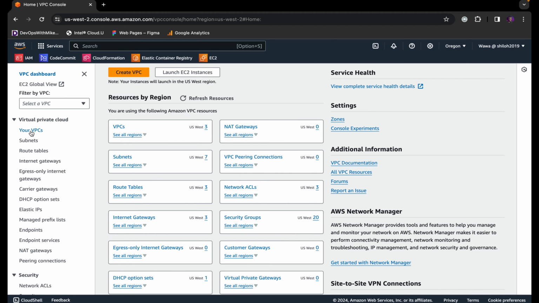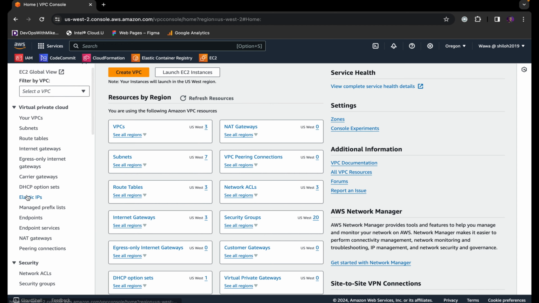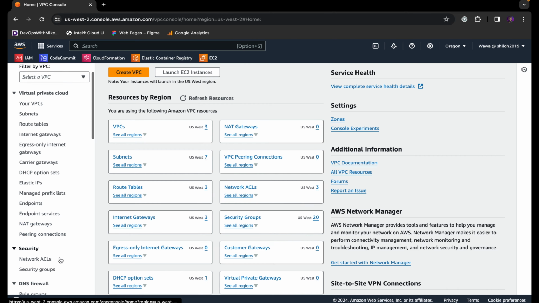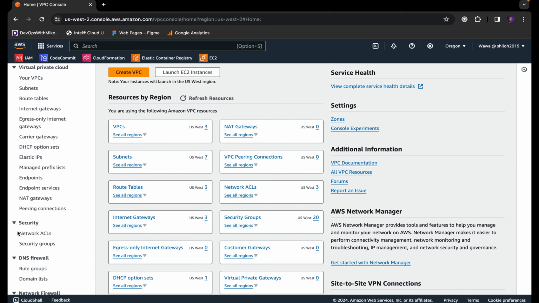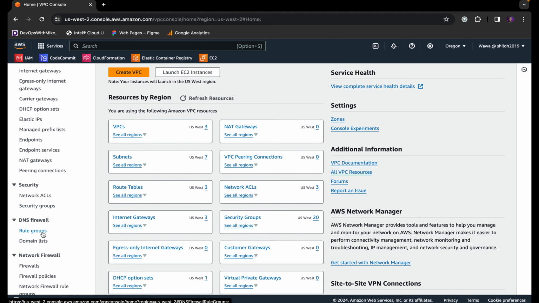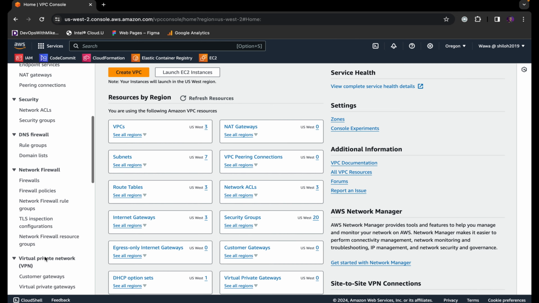Now we have the virtual private clouds, like I mentioned, we have the subnets, route tables, internet gateways, elastic IPs, endpoints, NAT gateways, peering connections, and under security, I have network access control lists, security groups, route groups, network firewalls,